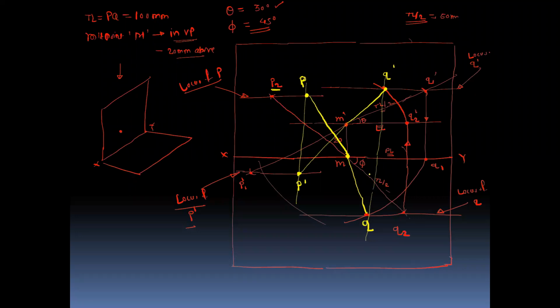So for the midpoint problems, the first part will be to draw the projection for the half line. Okay, complete the front view, complete the top view, and then extend the true length in the opposite direction. True length in the front view, and similarly extend the true length in the top view. From that you will get the end points, which are P1 dash and P2 for the front view and top view. From this you will get the locus for point P, and then extend the front view, that is the actual front view for the half length and the actual top view for the half length. You can find the remaining portion of that front view and top view. Okay.